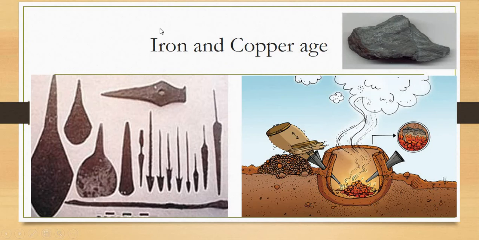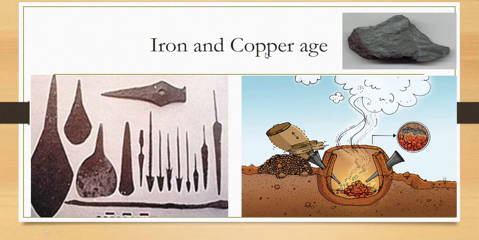Alright, so the next slide being the iron and copper age. This is what the African farmers, the knowledge that they brought with them into Southern Africa. They knew how to extract iron from iron ore. So if you look at this rock over here, this is referred to as iron ore. And what they would do is they would build a clay furnace, and then by using animal skins make a bellows to pump air into this furnace, and by pumping the air into the furnace it would make it extremely hot. So they were able to melt the iron ore out of the rock, so extract it, and then build tools such as spearheads, hammers, cutting tools, etc.